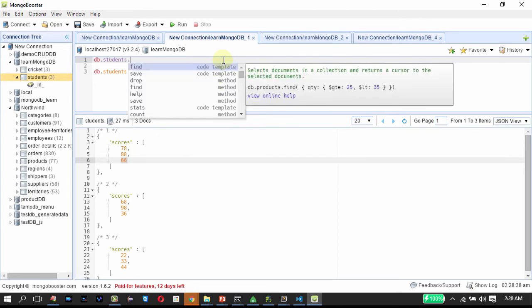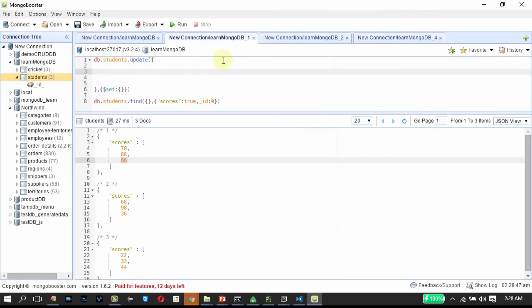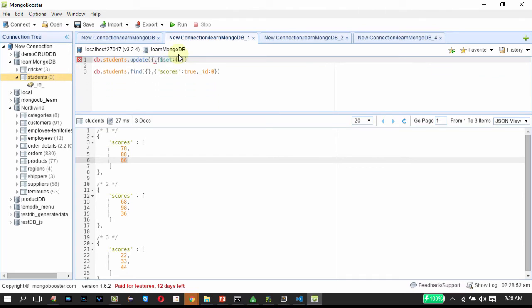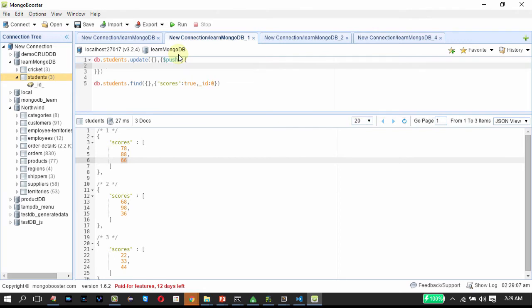students.update method. For the selection criteria, we don't have anything. So I just need to specify the push operator here, and I'm going to add a value to this one. And do remember that update modifies only one document unless it is specified in the options as multi true.